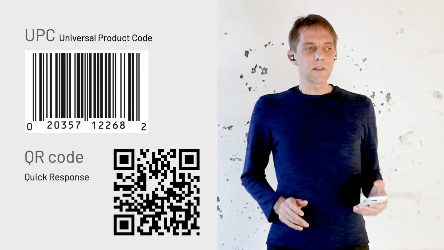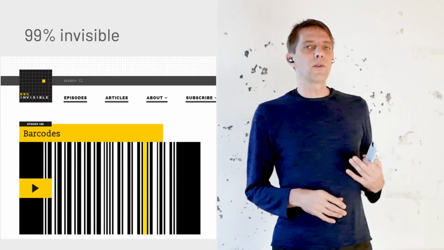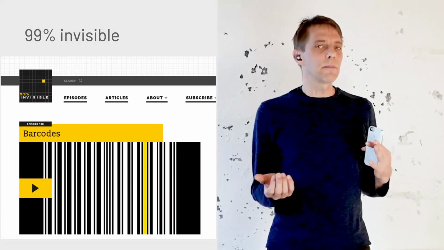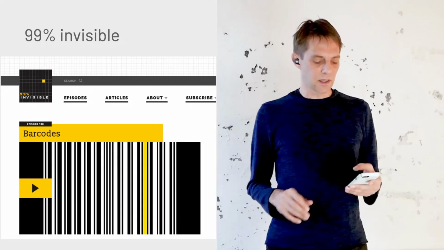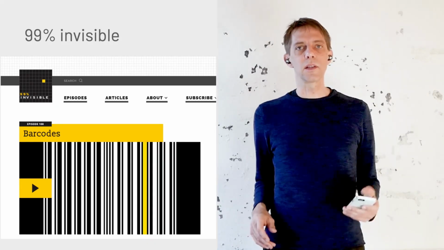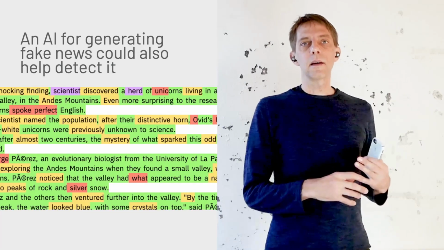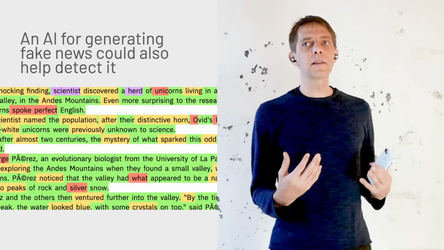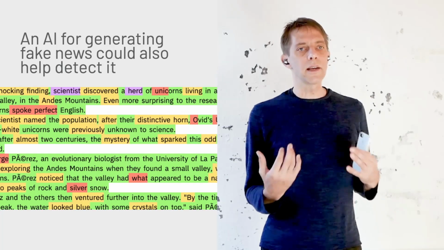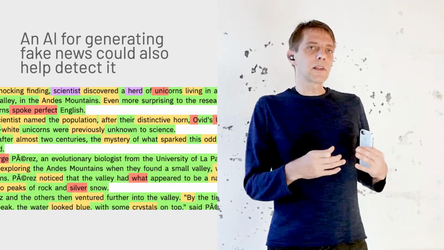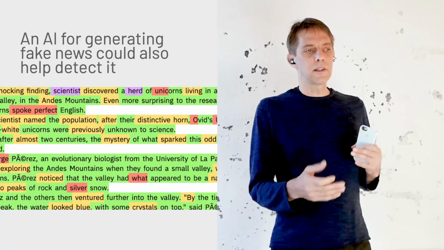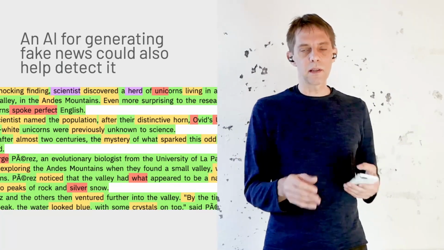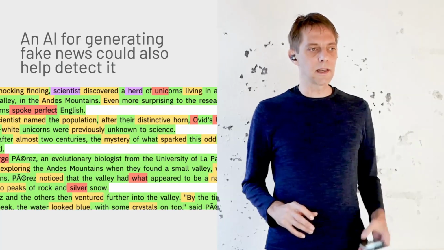And if you're really interested in this stuff, there's a very cool blog called 99% Invisible. They stopped doing it. I was very sad about that, but this is a pretty interesting episode about barcodes and the history of it. And I also go into, from the emerging platforms, bots that can create content, like sort of AI stuff, and how dangerous it can be, but also how we can use it to detect fakes, for example, because we can reverse the algorithms and see if they can find patterns like that.